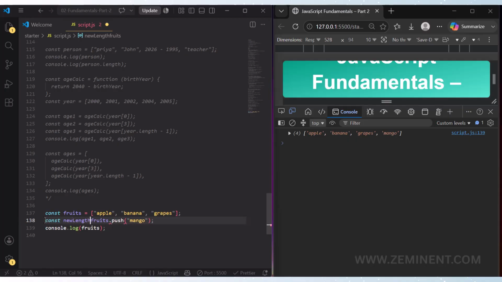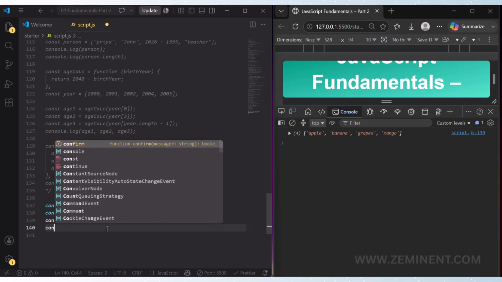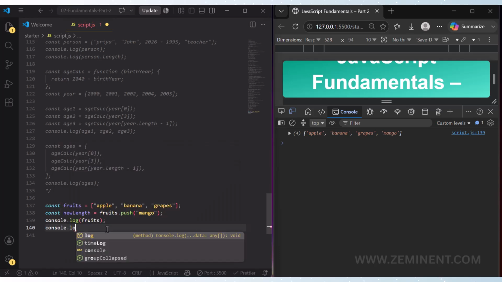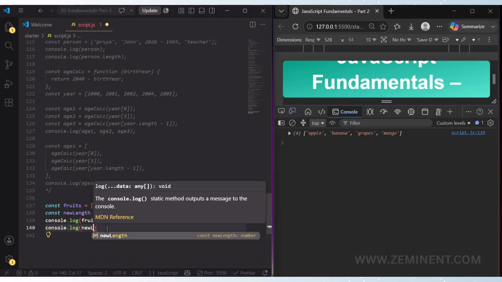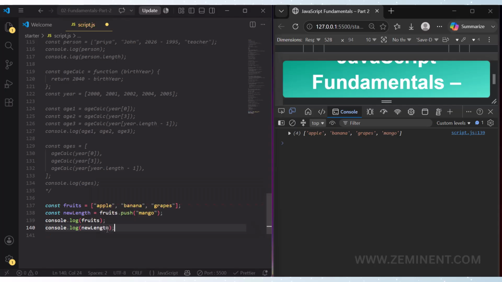New length equal, and then here write console.log new length, and then reload here. Displayed 4. In most situations we just push an element and call it because we don't need the length of the array. By using this variable here we will get the count.